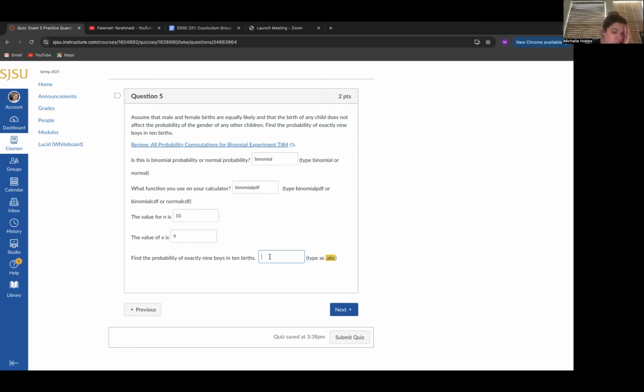And then find the probability of exactly 9 boys in 10 births, I'd have to calculate that. Excuse me. So find the probability in 10 births. I think it would be